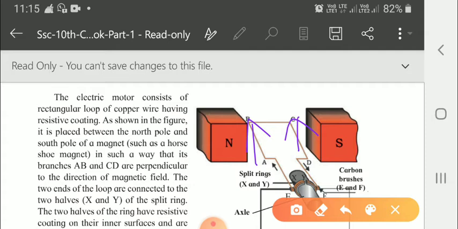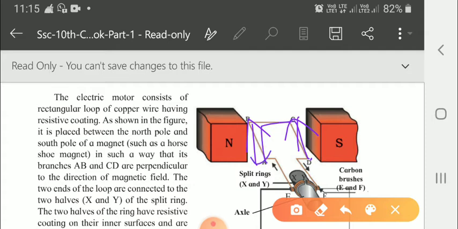Due to that, it starts rotating. So the loop and the axle start rotating anti-clockwise, and after half a rotation, the two halves of the split ring, X and Y, come in contact with the carbon brushes. So when they come in contact with the carbon brushes, the current in the loop starts flowing in the direction of DCBA. So you can see this direction,